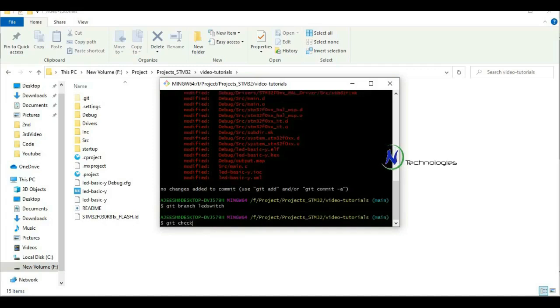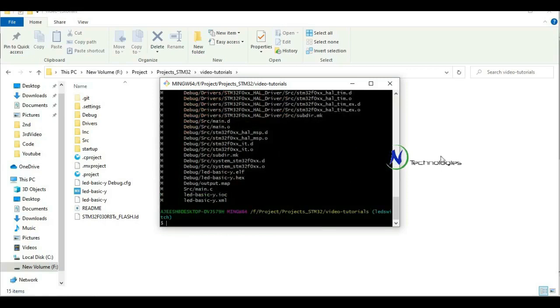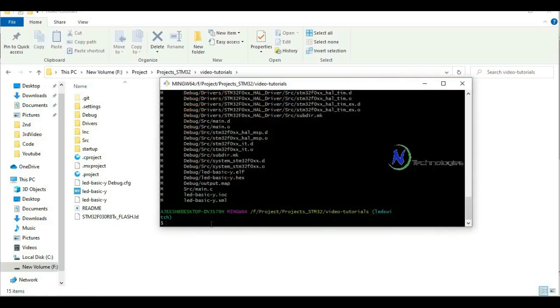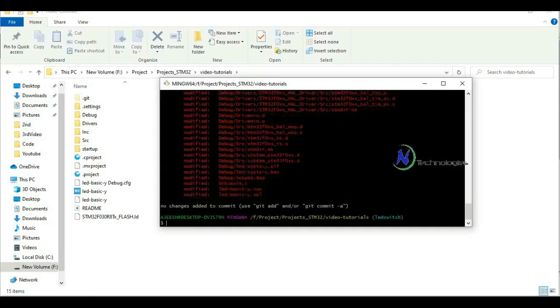Git checkout is the command, LED switch. Okay, so now we are in the LED switch branch. So I'm going to add all these updated files to the new branch. For that our command is git add.